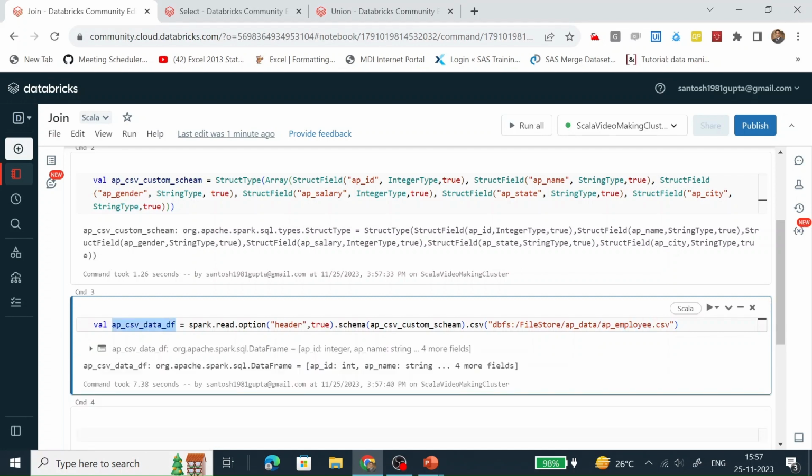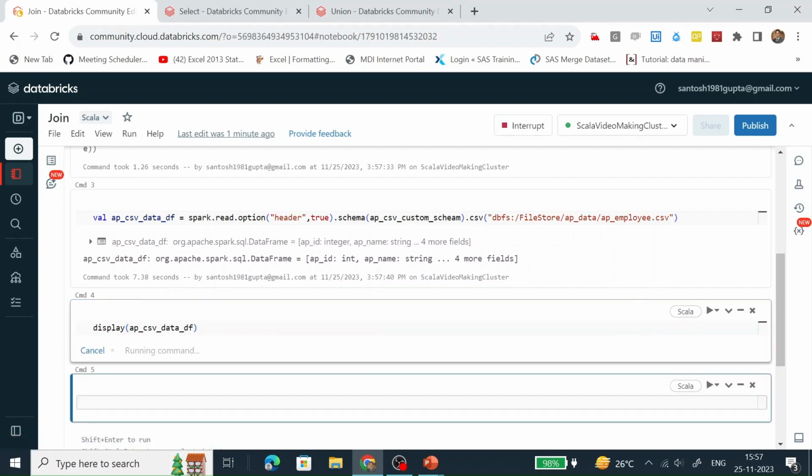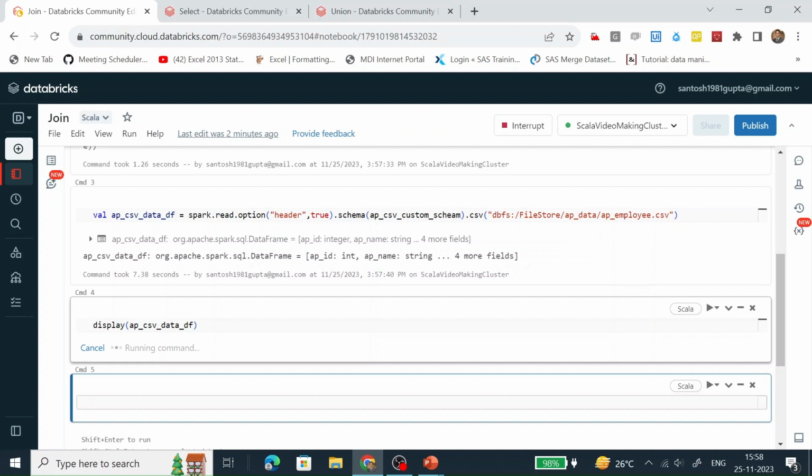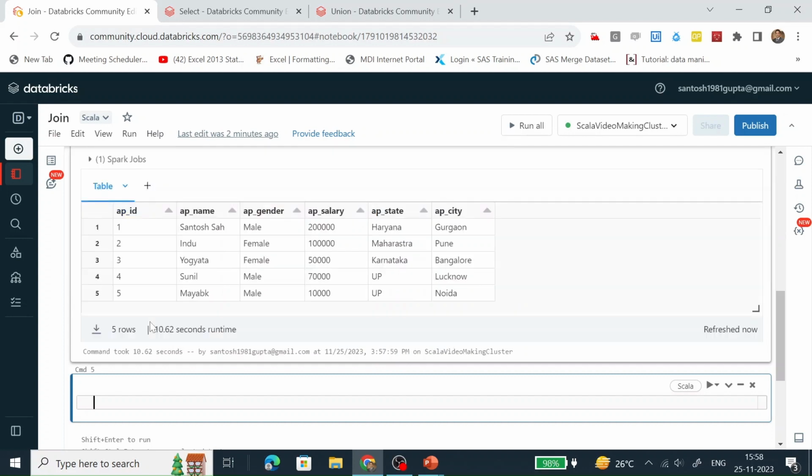So the data frame has been created successfully. Let's display this data frame. So it has 5 records.